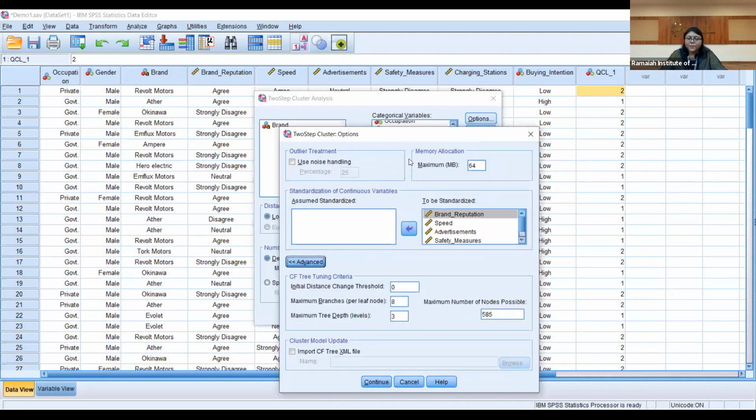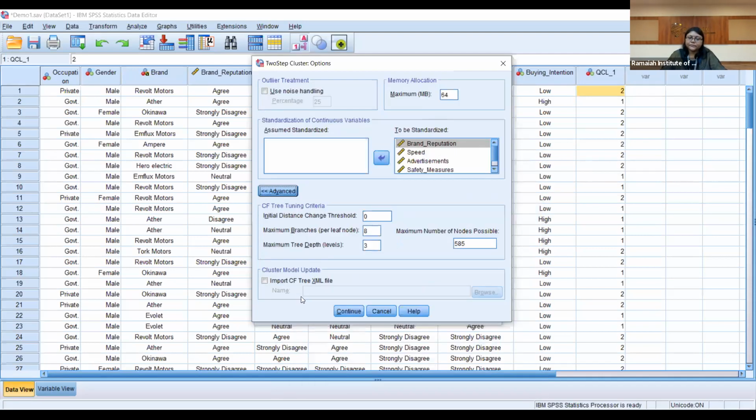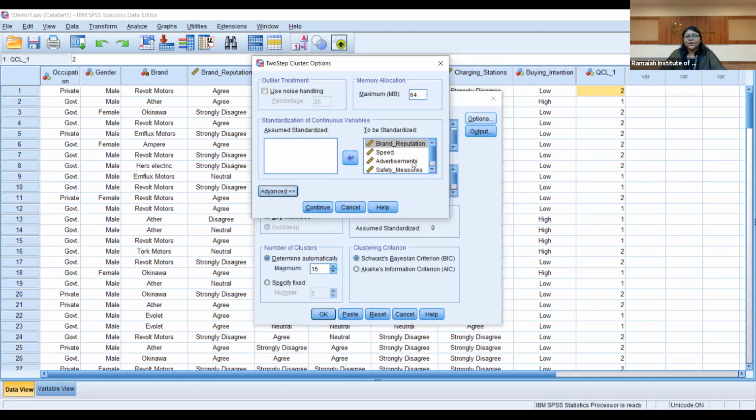Now in the advanced option, you can see some initial distance change threshold. That means if you are trying to... these are some of the advanced things which we actually don't require. If you want that, there should be a particular number of branches, you can decide upon the number of trees and the number of branches. Now this is something related to advanced which we really don't require. So let me avoid this and we'll click on